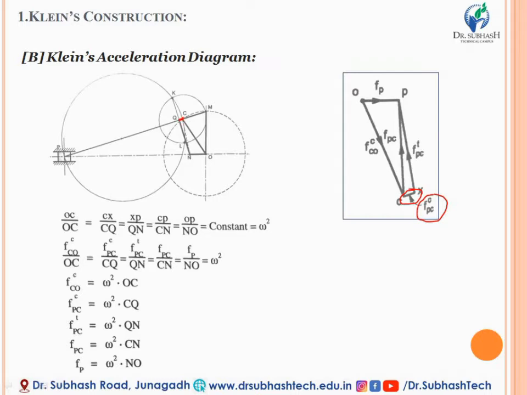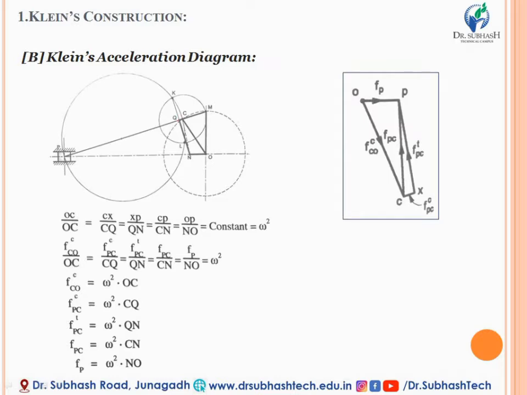Again, XP represents the tangential acceleration component f^t_PC, which is coincident with the geometrical dimension QN, that means this link, or we can say it is nearly equivalent with the QN